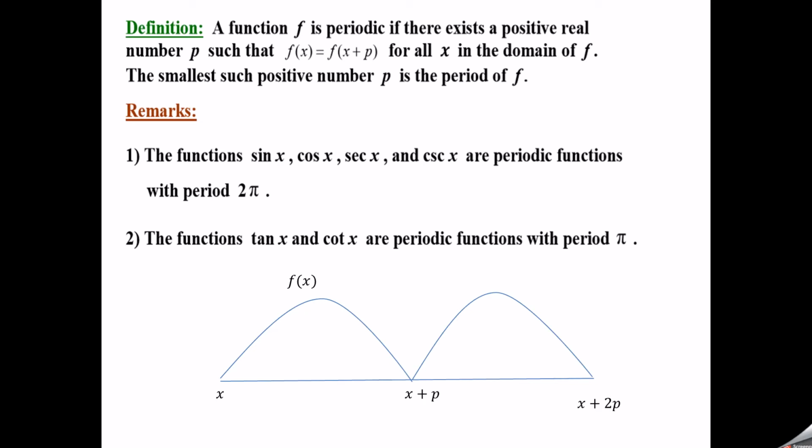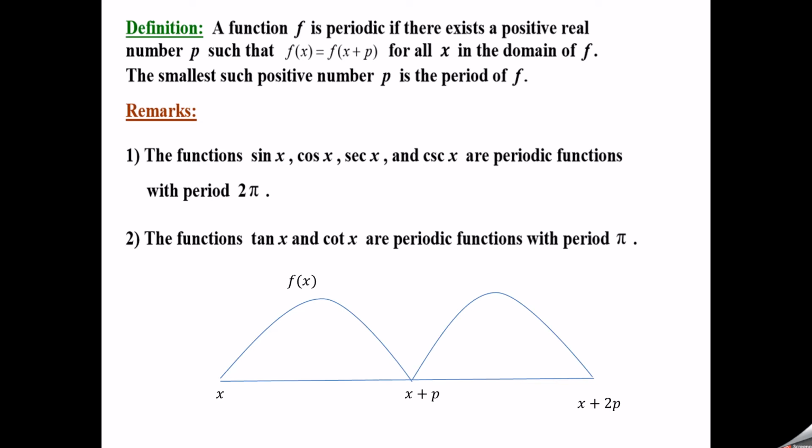So this periodic nature can be observed in our months. The names of the months are periodic with period 12, because we have January, February, March, and so on. After 12 months again you will get January. So the months of a year are periodic with period 12. Similarly, the days of a week are periodic with a period of 7. So Sunday, Monday, so on. After 7 days, we will again go back to Sunday.